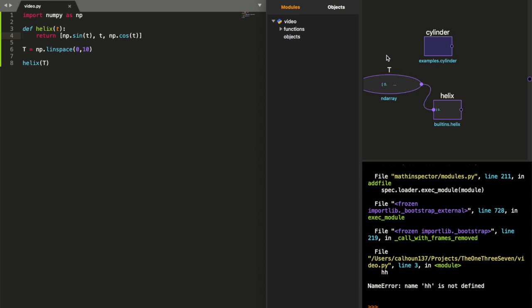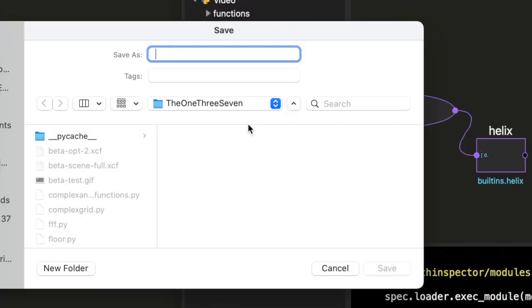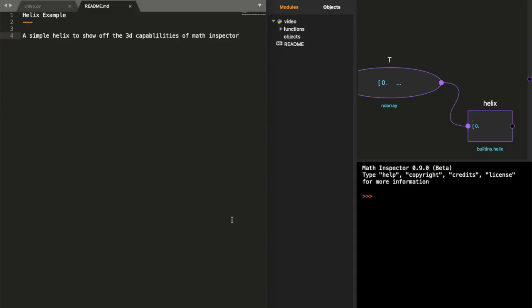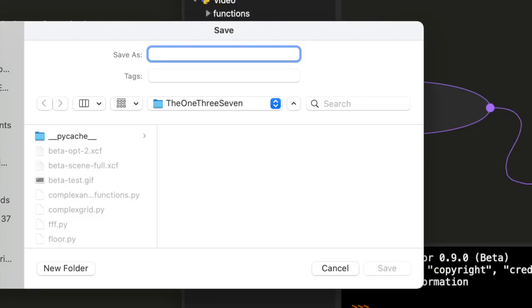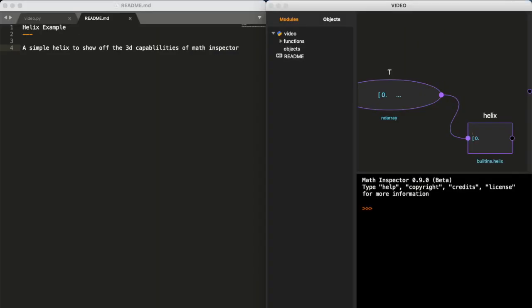Okay, great. So we have our really simple helix, and we want to share this project. So before we share it, maybe let's create a README, a really simple README. I'm going to create a new file here, and I'm going to call it README. That's important. All right, so I wrote this README for our project, and now we're ready to save it. So to save it, just click File, Save from the main menu. And I'm going to call this video in all caps, and then hit Enter, and it's going to save the